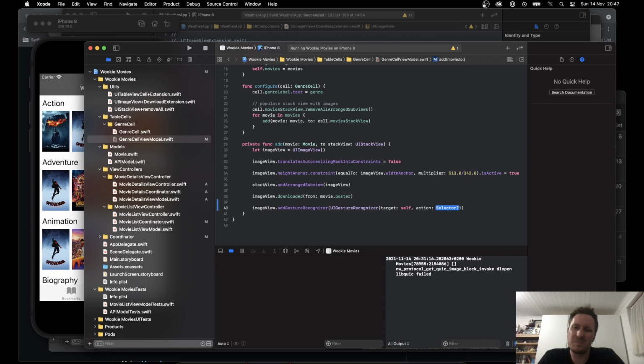Buttons are easier, but I don't want to use a button there. And I can do a selector, that's not complicated. But I need to,